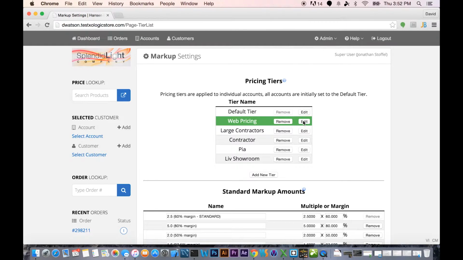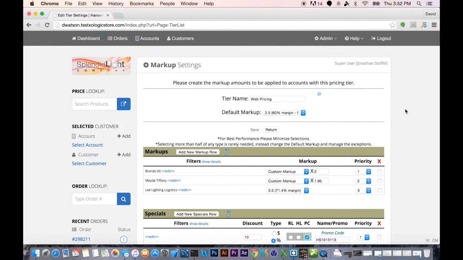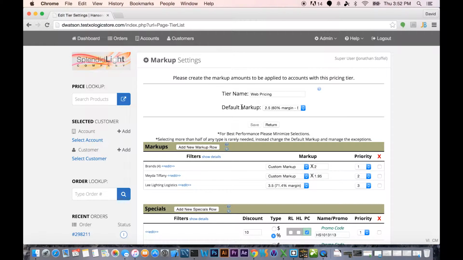Let's say that we want to take a look at our web pricing here. So I'm going to click on Edit. Right now my default markup is currently at a 2.5 markup. Again, that means that what my cost is from the vendor, all of those items are going to be multiplied by 2.5, every single one of those,